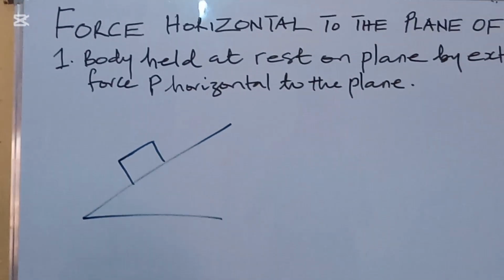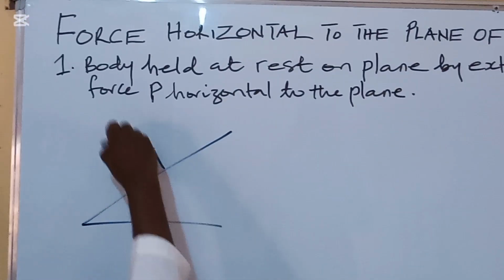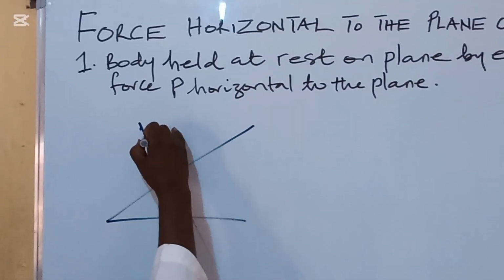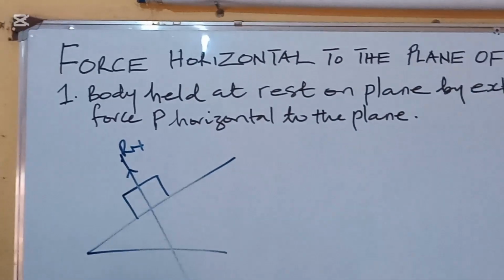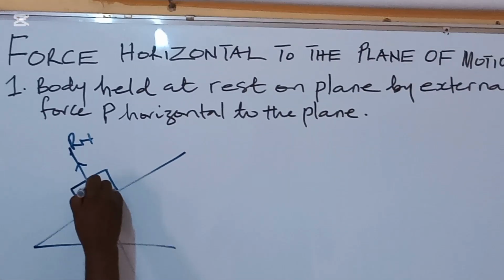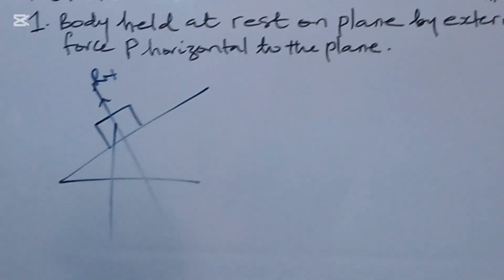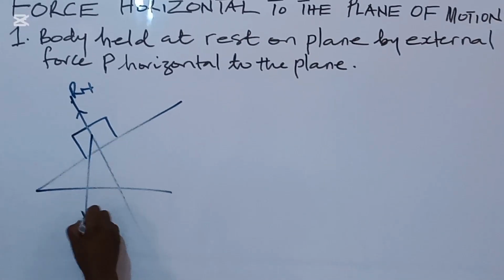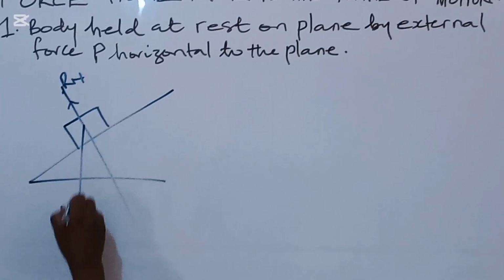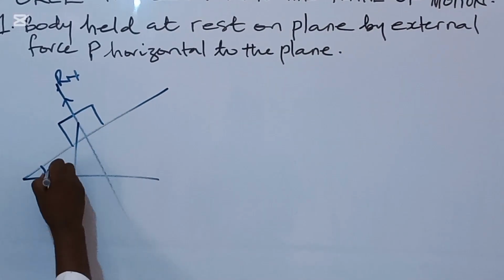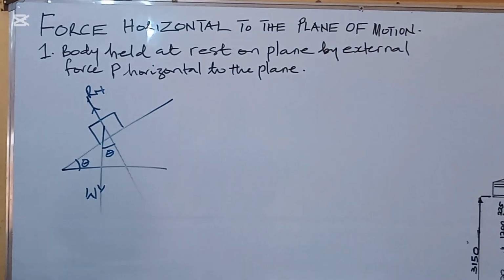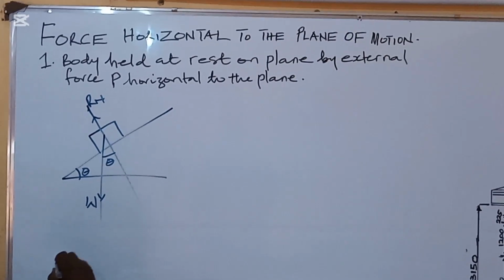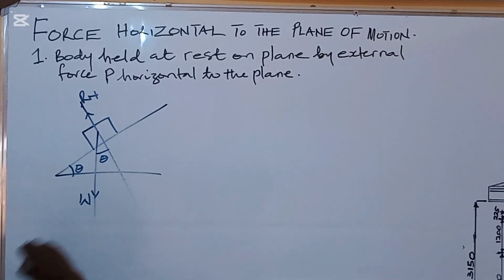On the incline, normally, the normal reaction would be like this. Okay? The weight will be acting downwards. Are we there? Now, the incline is at an angle theta. Of course, this angle will be theta also. Alright? Now, if we resolve the component of the weight